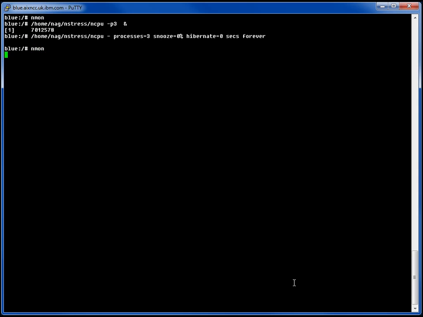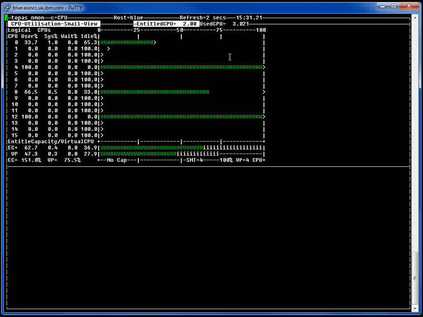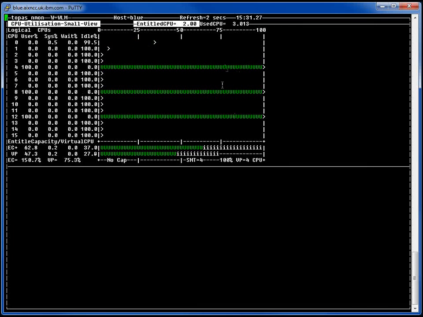We'll have another look at nmon, and we can see here very quickly we have, remember those details, VP is 4, that's down in here, the entitlement is 2 up in here, and most of the time we can see we have those 3 running programs sitting here, here and here. Now it hasn't used the first CPU because this is actually running my web server. It's coming in now and again, just little amounts, so it's decided to actually run these 3 hungry CPU programs